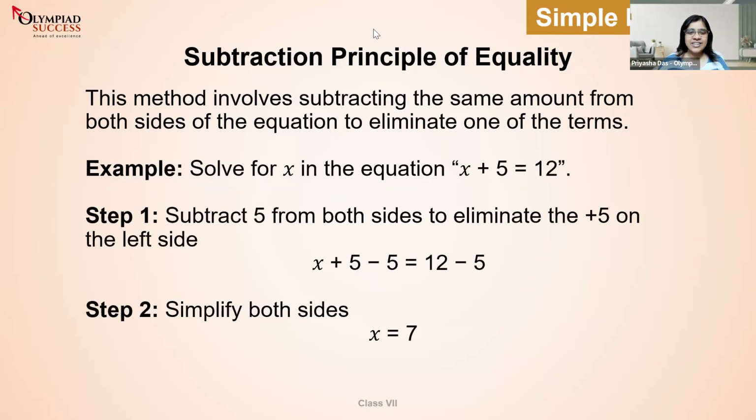Now I told you I'll take your listening skill test, right? Ready? I will just repeat the question 2 times. You have to listen to me. Okay? First time. Half a number increased by 10 is 12. Find the number. I repeat. Half a number increased by 10 is 12. Find the number. That was your listening test.